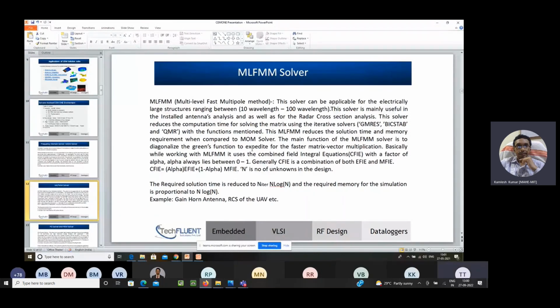So coming to PO and FEM solvers. The PO solver is an asymptotic high frequency solver, which is applicable for electrically very large structures between 100 lambda to 1000 lambda. For example, if you want to analyze a big aircraft or a big submarine, then you can go ahead with this particular PO solver. With the increase in the electrical wavelength size and the curvature, you have to go ahead